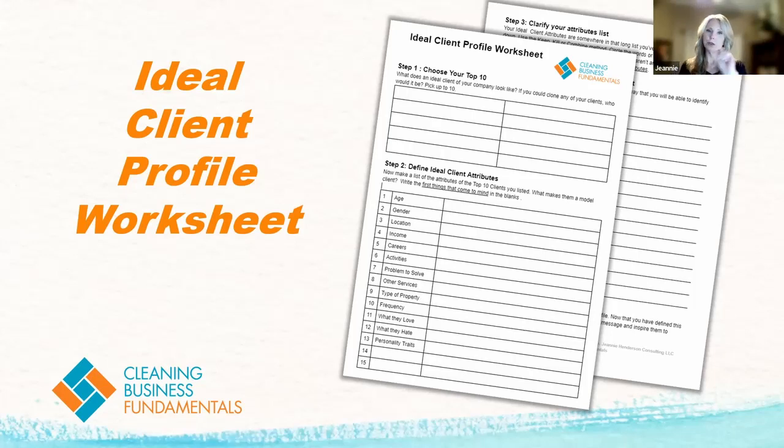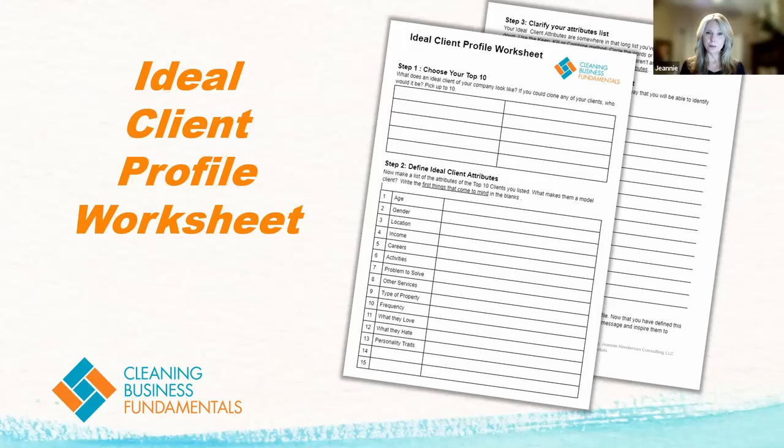So take the attributes that you finalize and describe how you're going to identify those people, how you're going to market to them, and then how your sales process changes now that you know who your ideal client is, how you're going to talk to them differently as you're selling your cleaning to them. This is so helpful once you do this. Once you clearly see who's a good fit and who is not, now you're setting yourself up to attract more of the right clients and to repel those that aren't a good fit for your business.